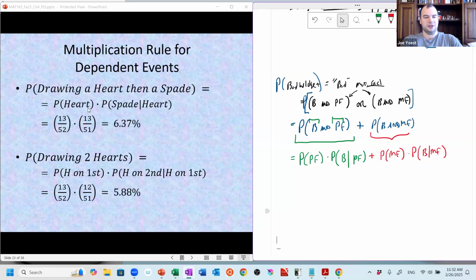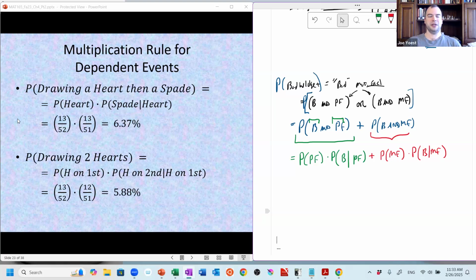Well, what's the probability that I draw a heart? There are 13 hearts out of 52 cards. Or you can just think 1/4 of the cards initially are hearts, but I think in this scenario, it's better to think of each card individually because for the second probability, we might think, oh, 13 spades out of 52 cards, but be careful. We drew a card in the first draw, did not replace it. So now there's only 51 cards left, 13 of which are spades.